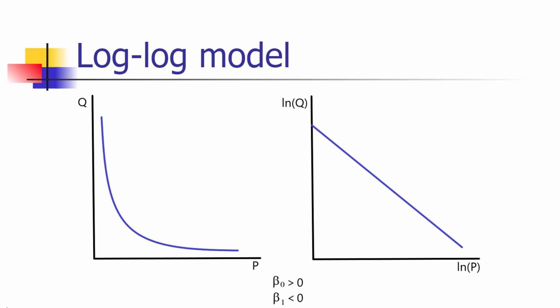And if you're dealing with a bivariate relationship, simply plotting out the relationships between the two variables and the logs of the two variables can give you some idea of whether the relationship is linear or perhaps it's linear in the logs of the two variables. And in this case, as noted on the screen, this would occur if beta 0 is greater than 0 and if beta 1 is negative, which would be what we'd expect in the case of a demand curve.